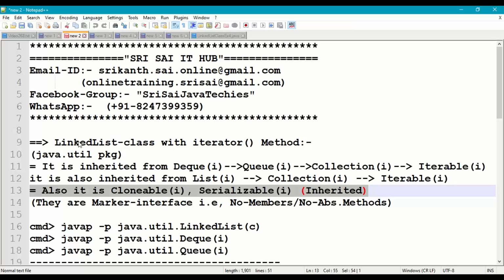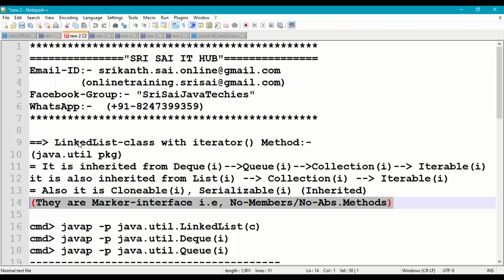Both are inherited interfaces, and these two are marker interfaces. They don't have any data members or abstract methods. They provide special functionality for our class. We can perform the cloning mechanism, and our class object can participate in